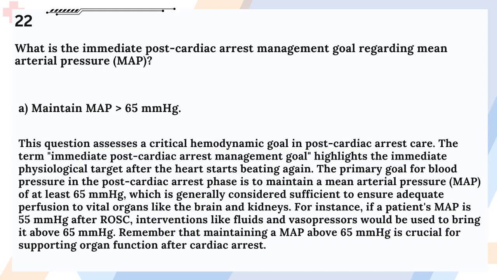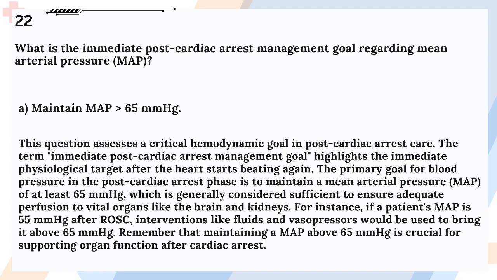Answer A. Maintain MAP greater than 65 millimeters of mercury. This question assesses a critical hemodynamic goal in post-cardiac arrest care. The term immediate post-cardiac arrest management goal highlights the immediate physiological target after the heart starts beating again. The primary goal for blood pressure in the post-cardiac arrest phase is to maintain a mean arterial pressure, MAP, of at least 65 millimeters of mercury, which is generally considered sufficient to ensure adequate perfusion to vital organs like the